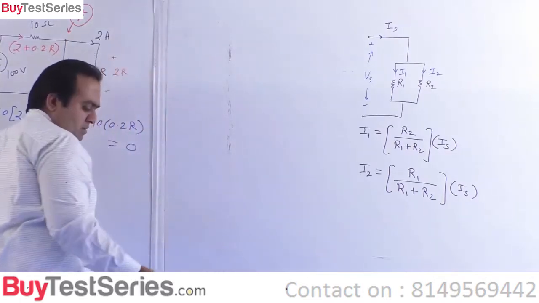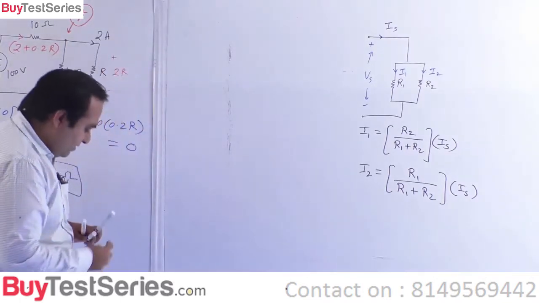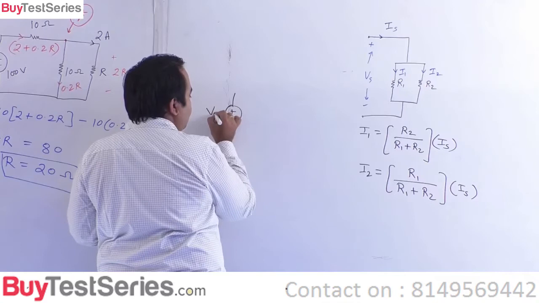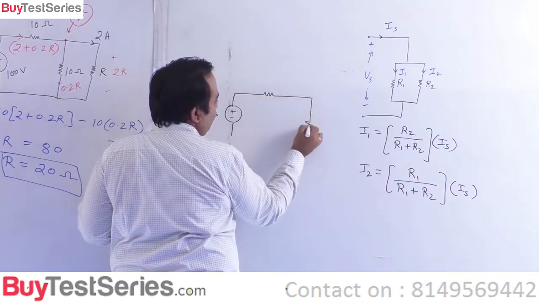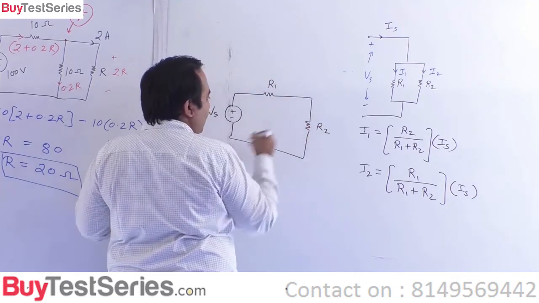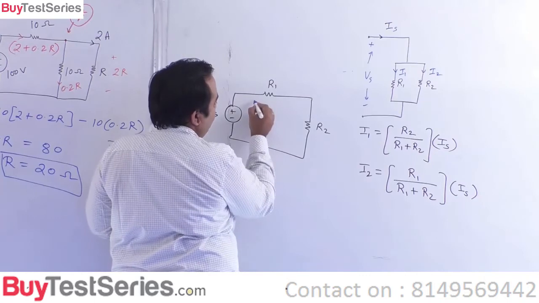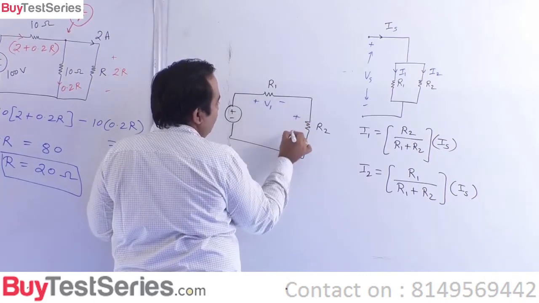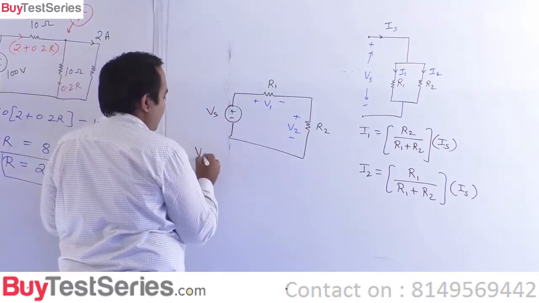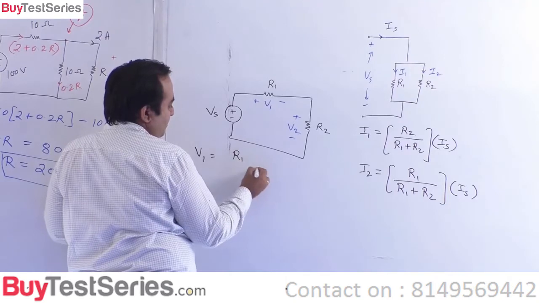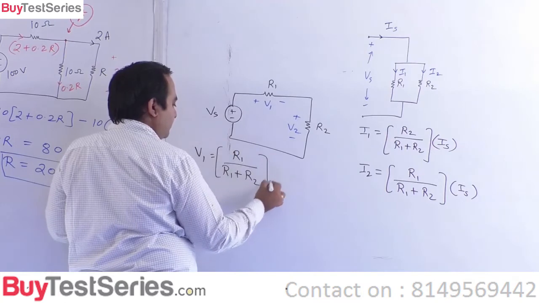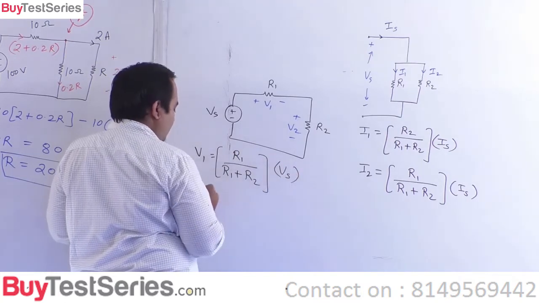In a loop, the voltage gets divided. How does it get divided? Say this is Vs, the very first case that we saw. Say this is R1, this is R2, current being the same. This is, say, voltage V1, this is voltage V2. So what is V1? V1 is this,